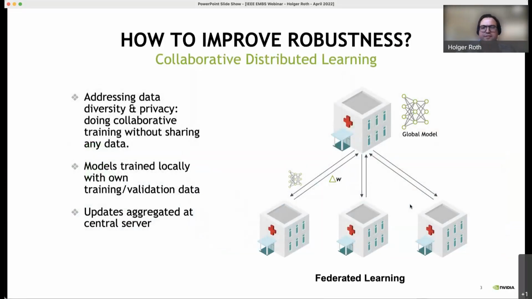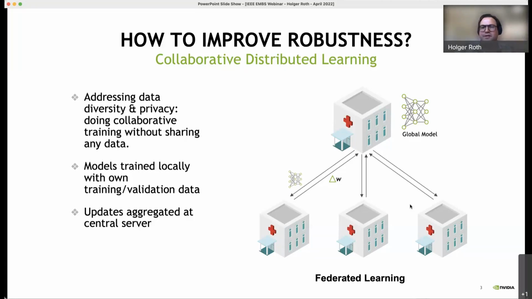So one solution that can help with this is federated learning. In this scenario, we don't have to share data in a centralized database, but each data owner can keep governance of the data. The data can stay on site, but let's say each site, being a hospital or a research institute, can still collaborate to train more robust AI models by using federated learning techniques, where you would have a central